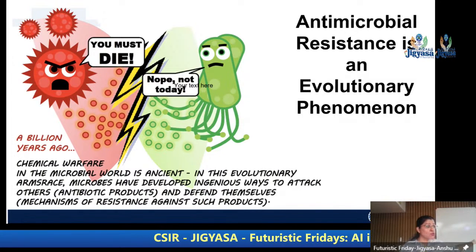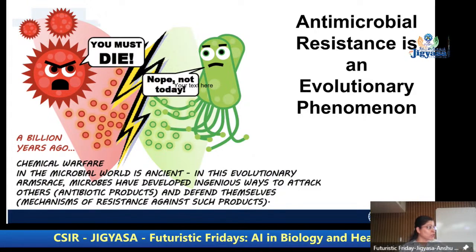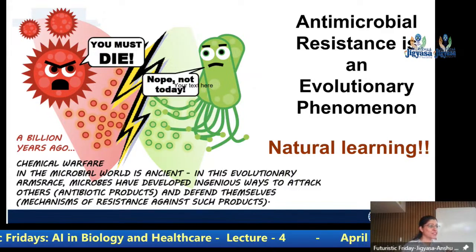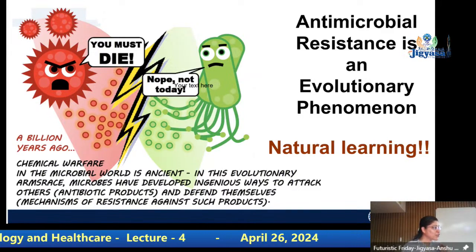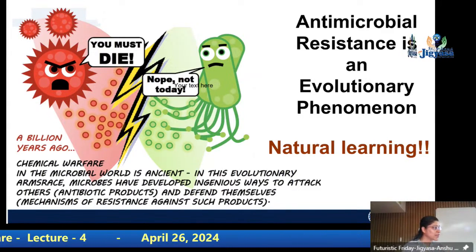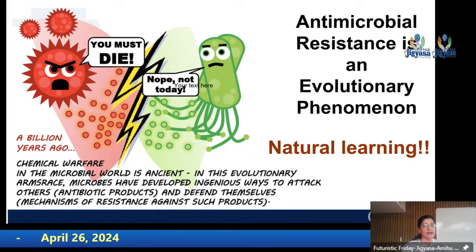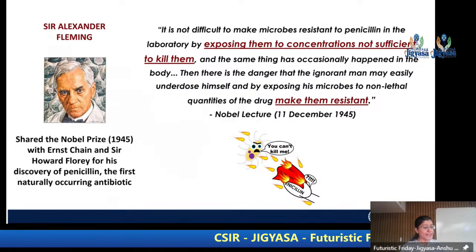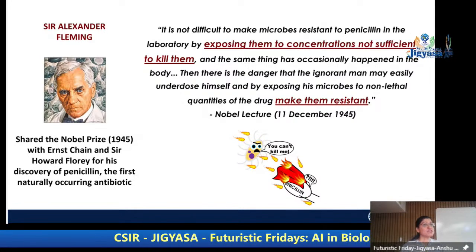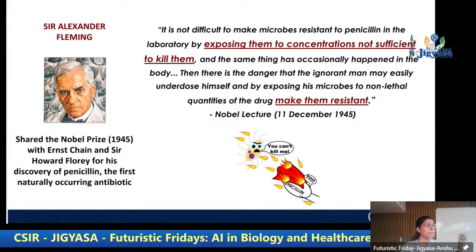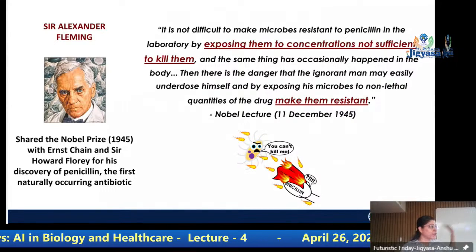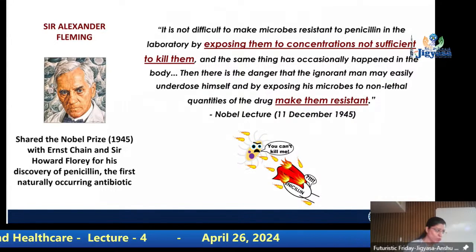Bacteria have been learning to evade the impact of such molecules for 3 billion years. So the natural learning process is of 3 billion years that we are trying to understand. And that is why it is important to use antibiotics judiciously. Sir Alexander Fleming, when he made the first discovery of penicillin, in his Nobel Prize speech, he very clearly said, be cautious, use antibiotics properly. And when did he say this? 1945. Did we listen? No.